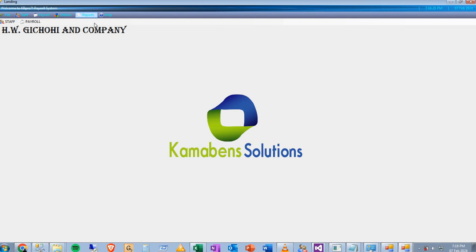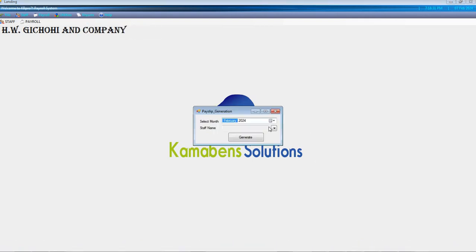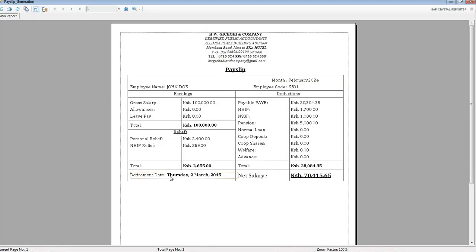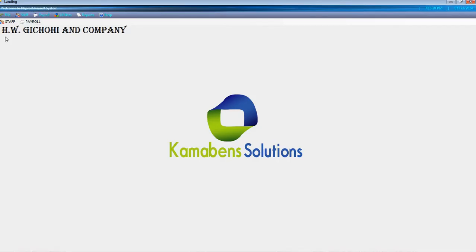Something else that I wanted to show you is that the system reminds you when you are retiring, so that as you work, you know your days are due. There is a retirement date. It shows you here the day, the date, and the year. So at least you're able to prepare well. The system is very dynamic. It can be improved to suit your specific needs,